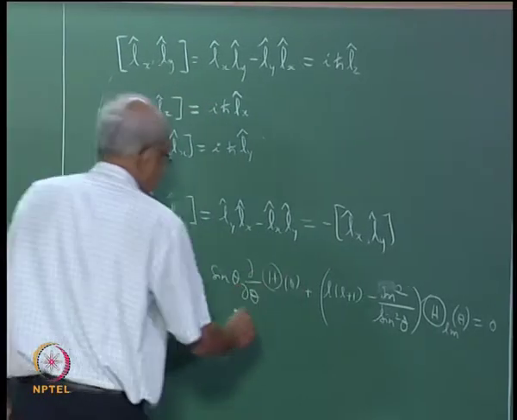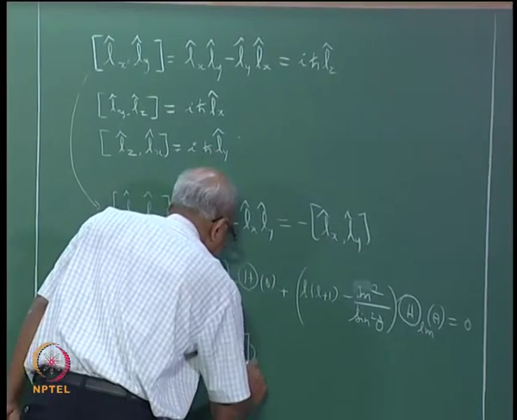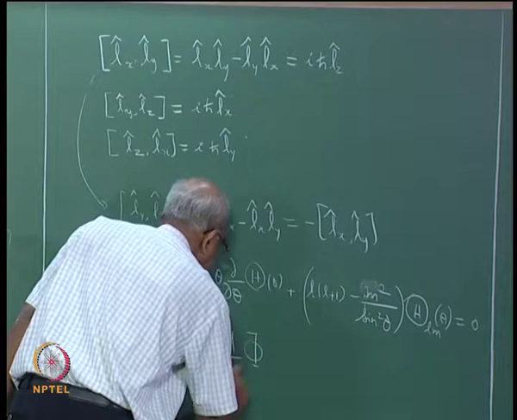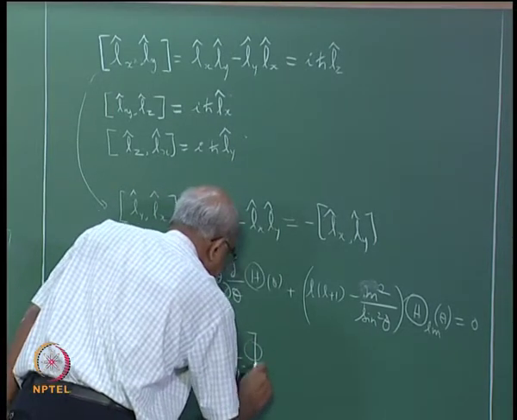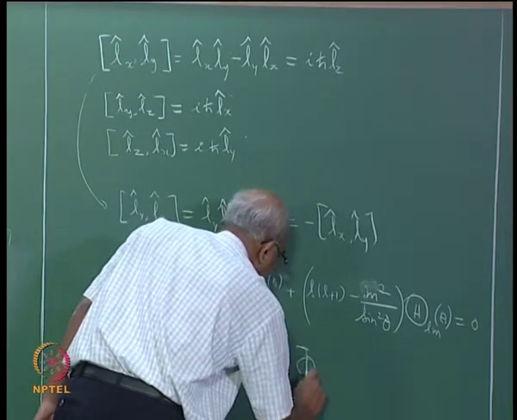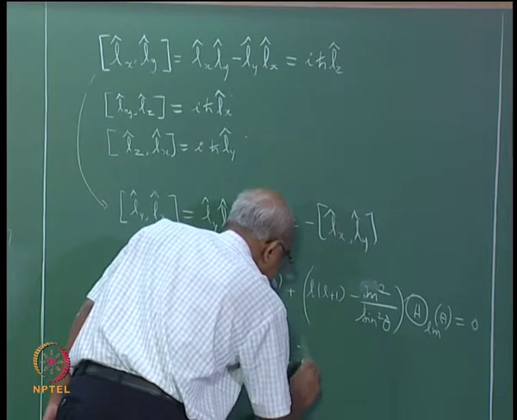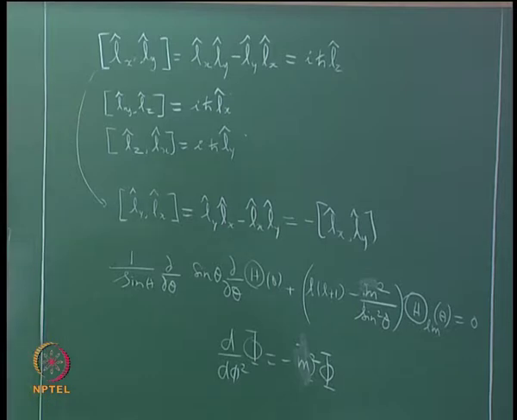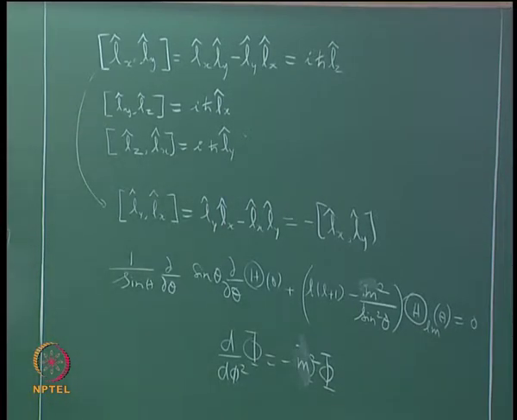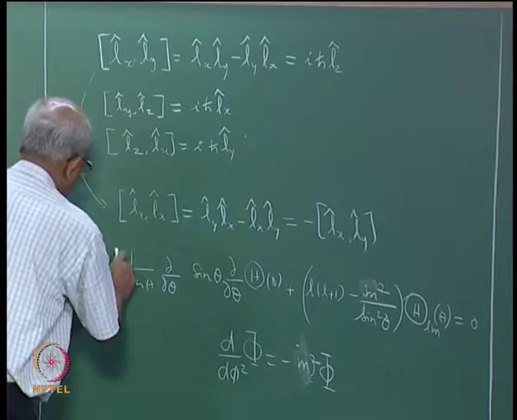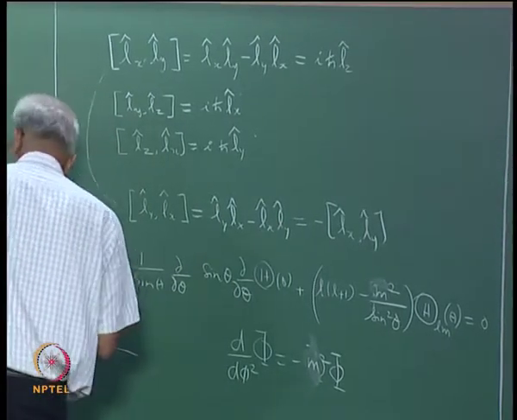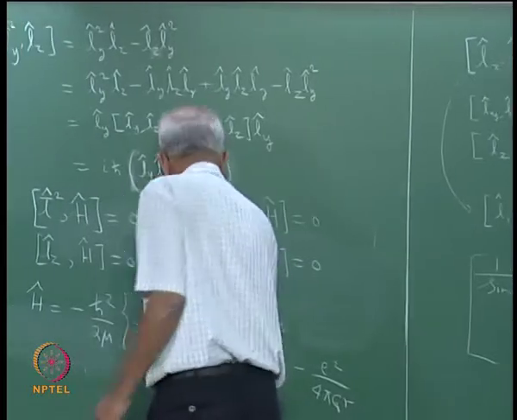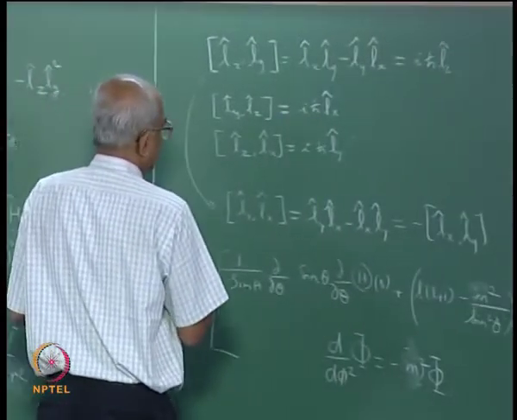And further, I also know that capital phi obeys this equation. Okay. And the point that I am going to tell you is this: it is possible for me to combine these two equations